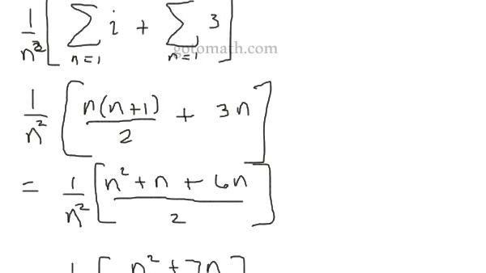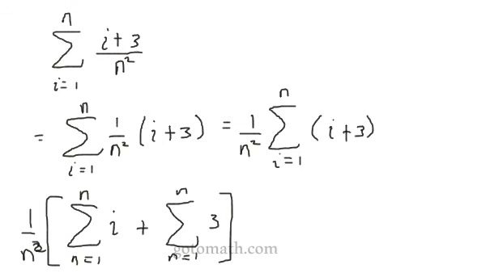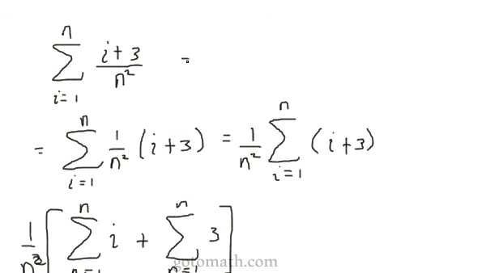Let's go back to the top. So we could say that this is equal to n plus 7 over 2n. So that would actually be our formula for this right here if we were plugging numbers in for